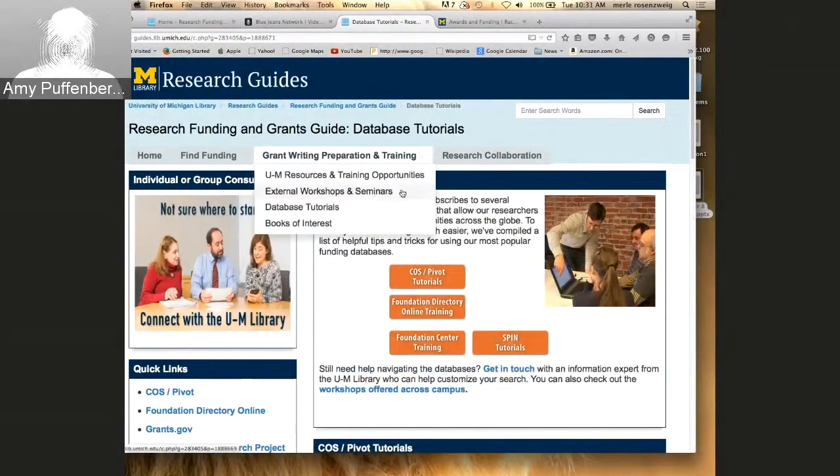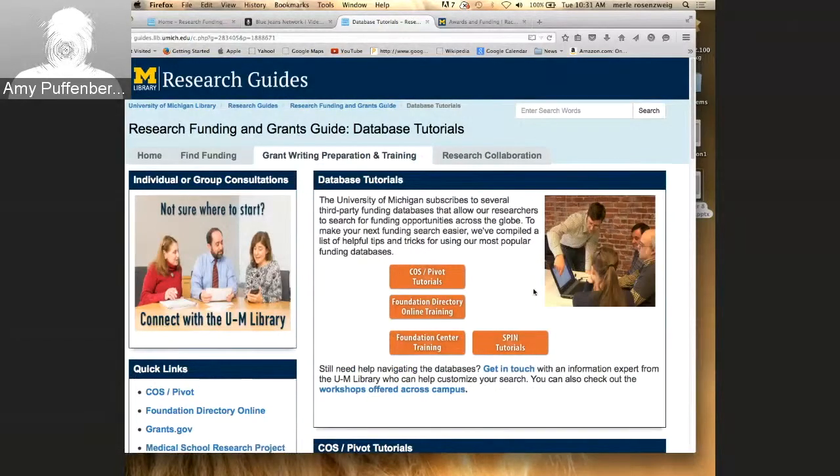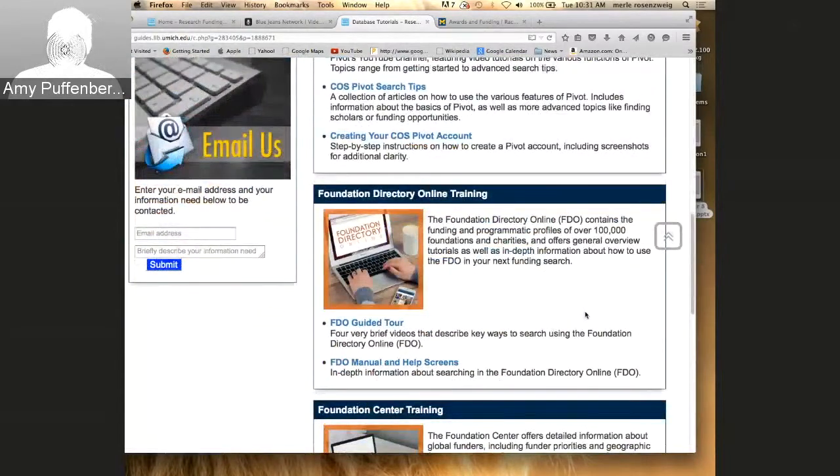We are going to, again, go to COS Pivot and do a search there. Foundation Directory Online. This is a resource you should be using. Once you find an opportunity and you see the foundation, you want to go in there and get a profile of them. It's very difficult to actually search there the same way you can search for Pivot, where you can put in, you're looking for something on climate change and agriculture. It doesn't really work as well as COS Pivot,